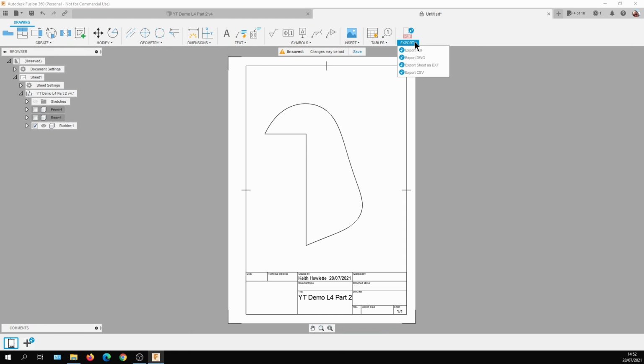Now the problem is, if you try and do export, all this here is for the paid version of Fusion. So you think, well, how do I get a PDF out? Well, the easiest way to do it, if we go to